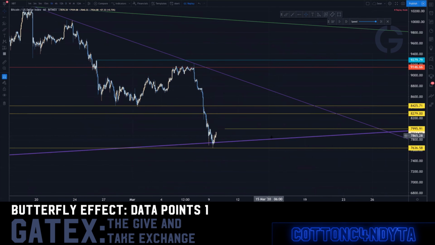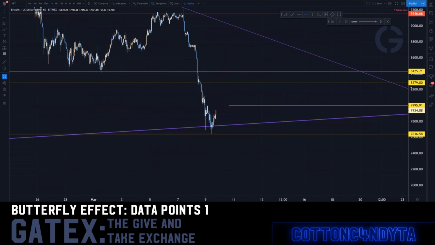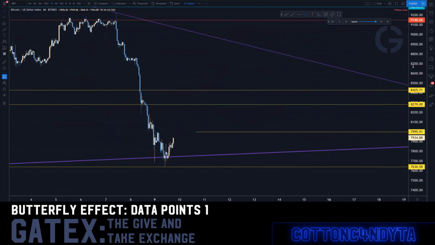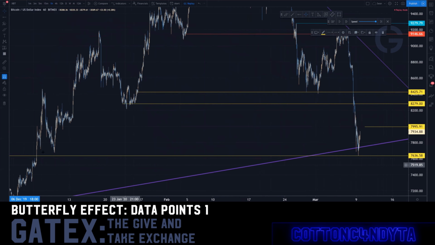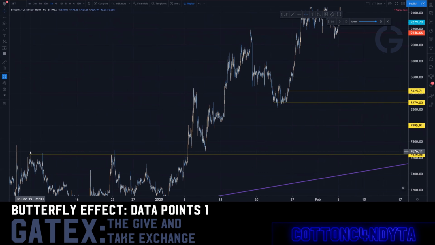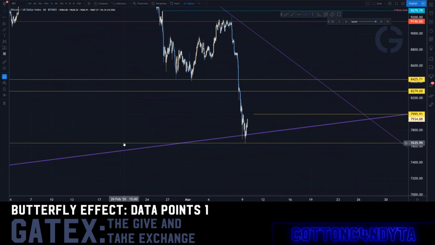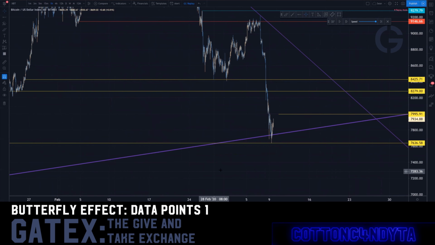Okay, so this is where it becomes very interesting, because now you've got data points. And again, just to explain this one more time, data points are the information that we extrapolate off of the pieces of the move. Again, first we learned how to take the easy stuff, like here's a data point. This is 76.36. That's a data point from the past. This is telling us we should bounce off this level because of reason X, right? So fine, we do.